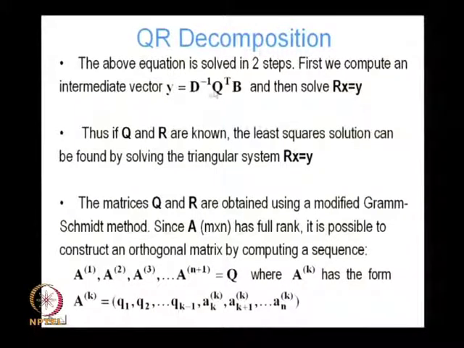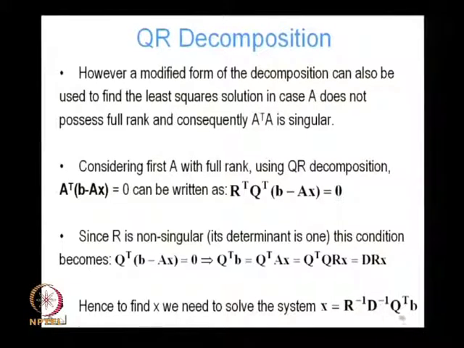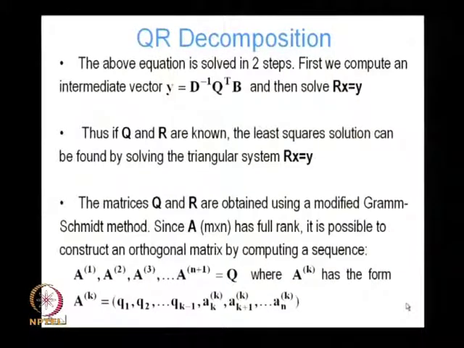is equal to D inverse Q transpose B. So, basically we define an intermediate vector comprising these terms, D inverse Q transpose B, and then we calculate it, and then we solve Rx is equal to y. So, if Q and R are known, the least square solution can be found by solving the triangular system Rx is equal to y, of course assuming that we have already found the intermediate vector y from this operation